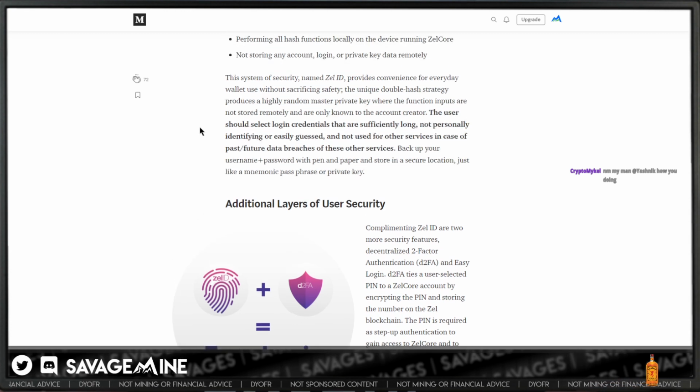So what that means is, with ZelCore, even your username, okay, listen to how this works. And I've mentioned this before with ZelCore. Your username and password are what's hashed together with some salts on both ends, like some random characters or numbers. And then that is hashed together to create your private key that is then used to create private keys for all the assets in your wallet.